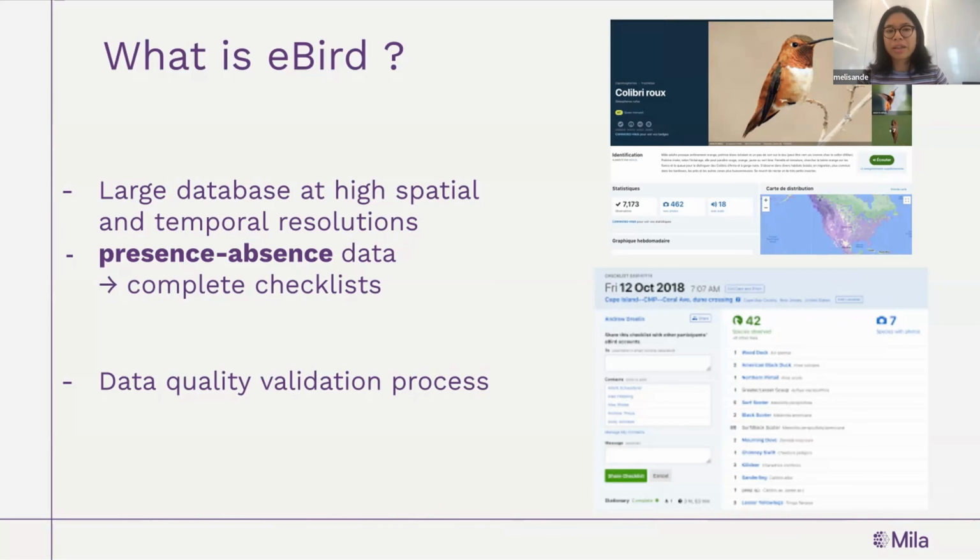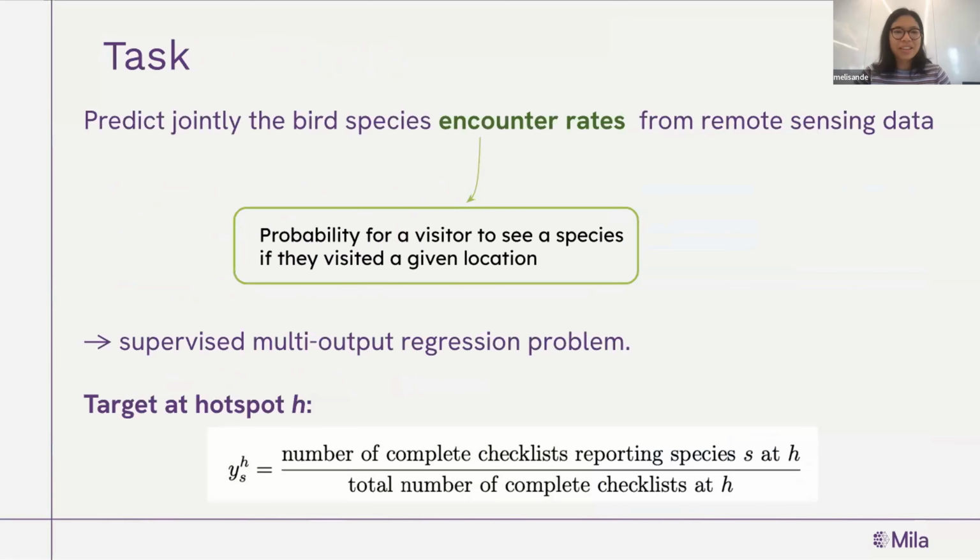There are a lot of methods in ecology that are developed for presence-only data, where people will create pseudo-absences for certain species in places where they haven't observed them explicitly. But of course, you never have ground truth absence when you use presence-only data. Does that answer the question? Yeah, thank you.